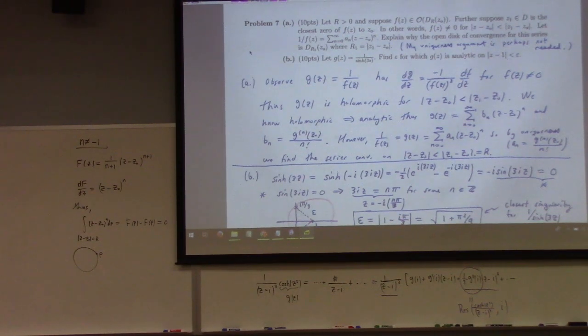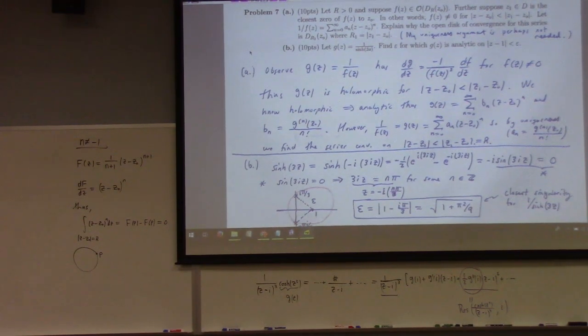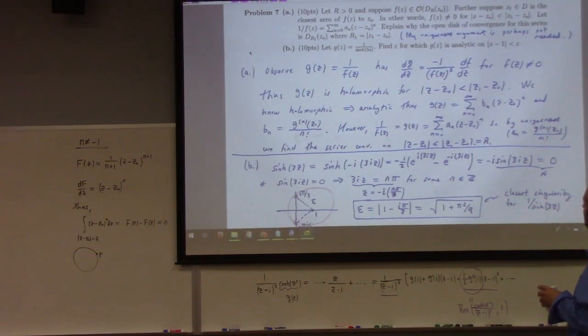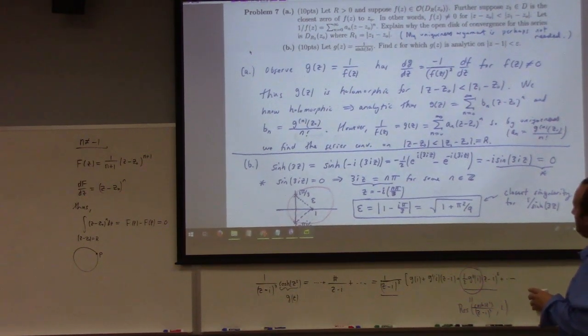This problem I invented for you guys. So the idea of this problem came to me because I wanted you guys to try to explain to me,